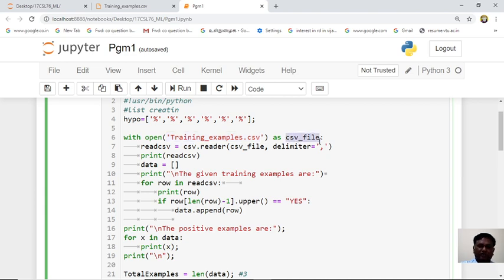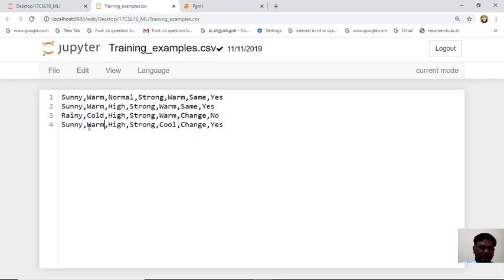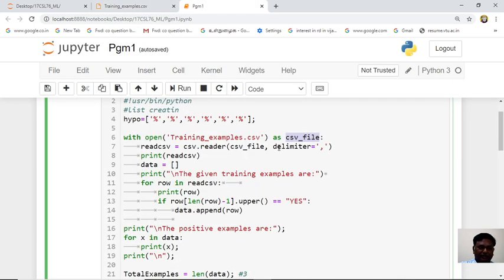So we are using a file variable here. Read CSV is a file handler, which will open your CSV file and take the data. You know that this CSV file is separated by comma, so here the separator, the delimiter, is comma. The CSV file is a file variable.